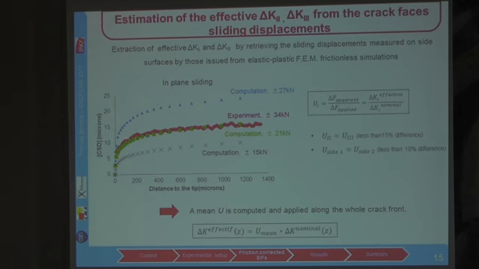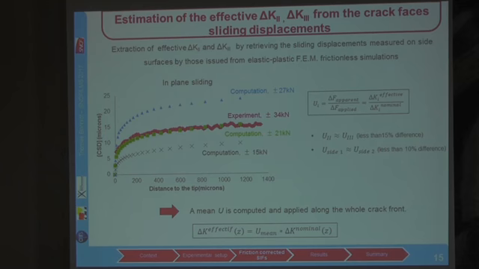So the extraction of the delta K2 and delta K3 is done by matching the sliding displacement measured on side surfaces with those issued from elastoplastic finite element frictionless simulations. So we run elastoplastic computation with various loads until we find the one which fits the experimental curve, and this load will be called the